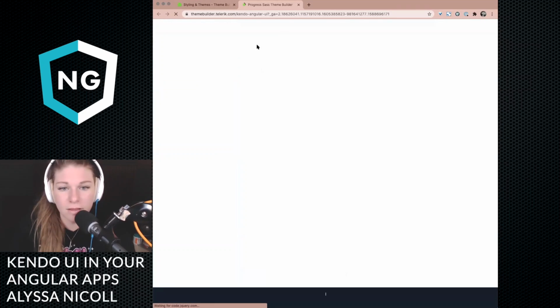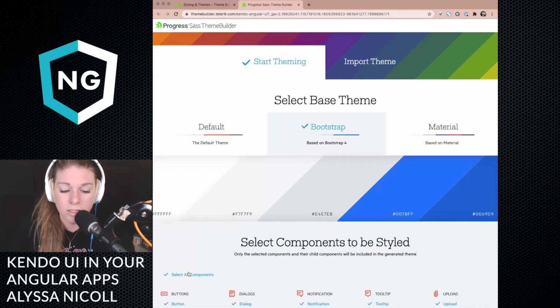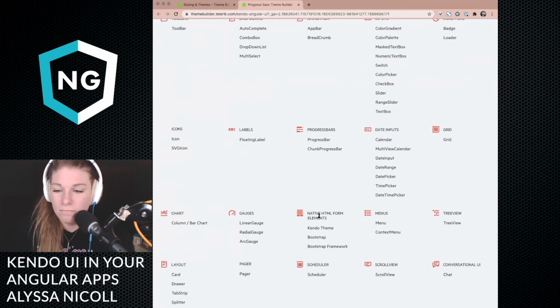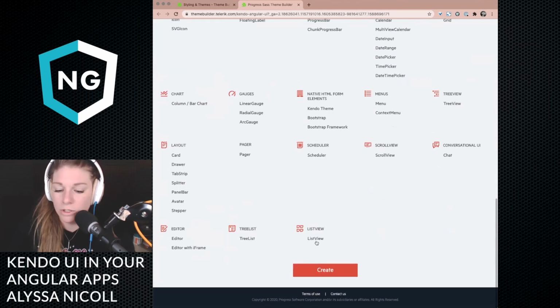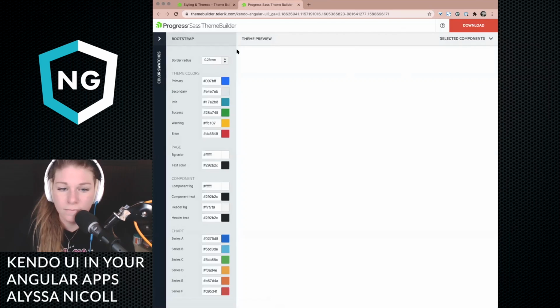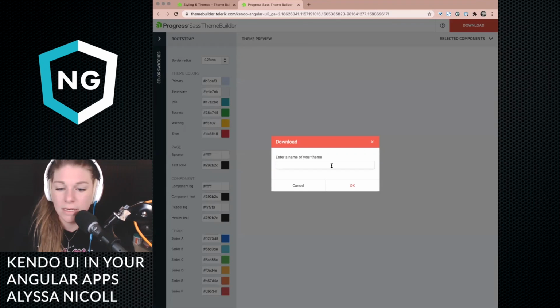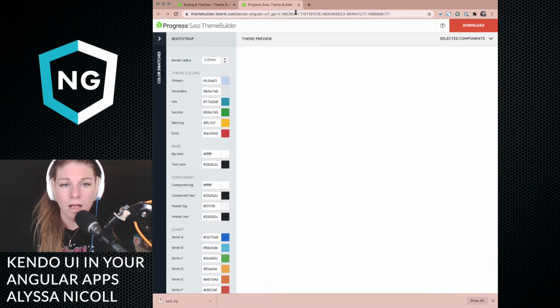Holler back if anybody, what we're not seeing is the preview. Let's try something else. On the right-hand side, whenever we select things, we should see a preview for those elements. I do believe. Let's go ahead and say download, test. Interesting. I have no idea. I don't know what's going on. I could try Safari.